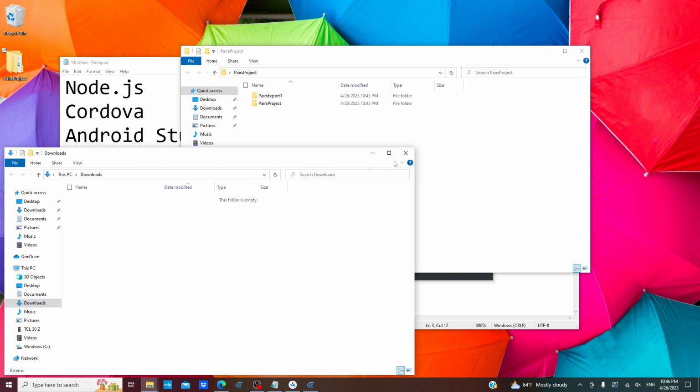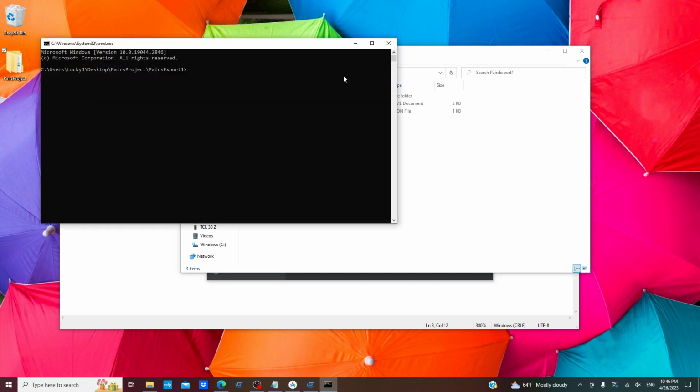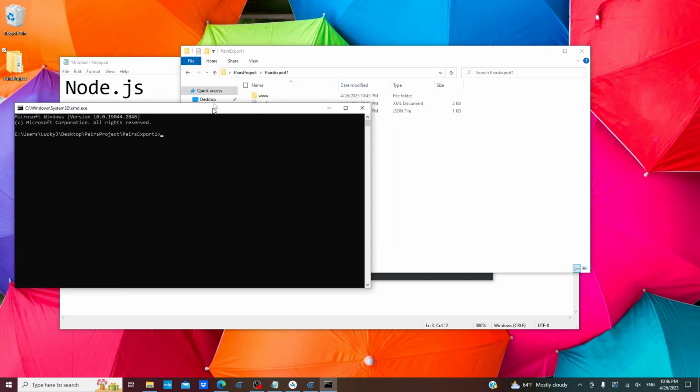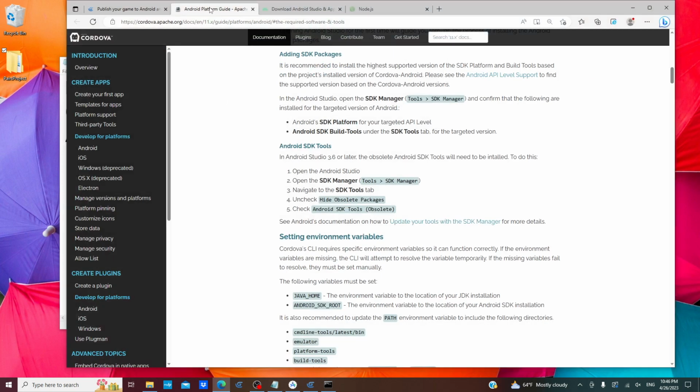So go to our pairs export, or wherever you just exported your project, and double click that to open it. And now in this address bar here, go ahead and highlight it and put CMD enter, and that'll bring up your command prompt in that export folder, which is what we need to do in order to run some Cordova commands. And if you go to the documentation here,